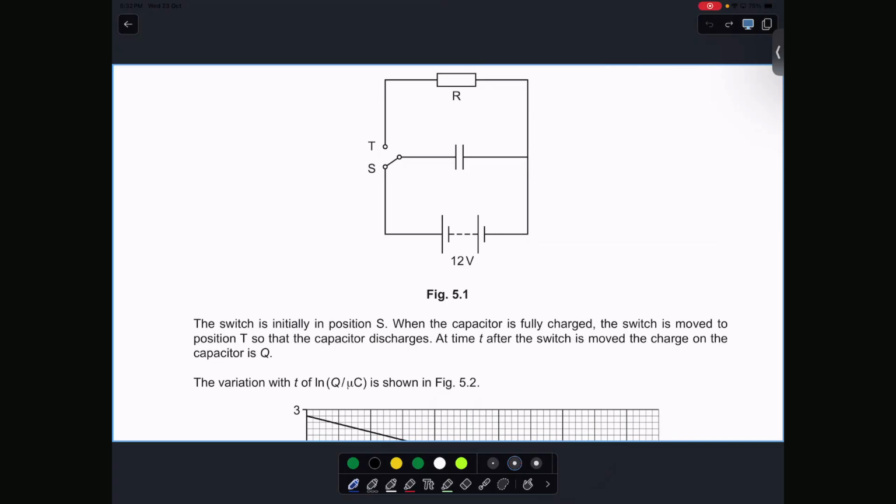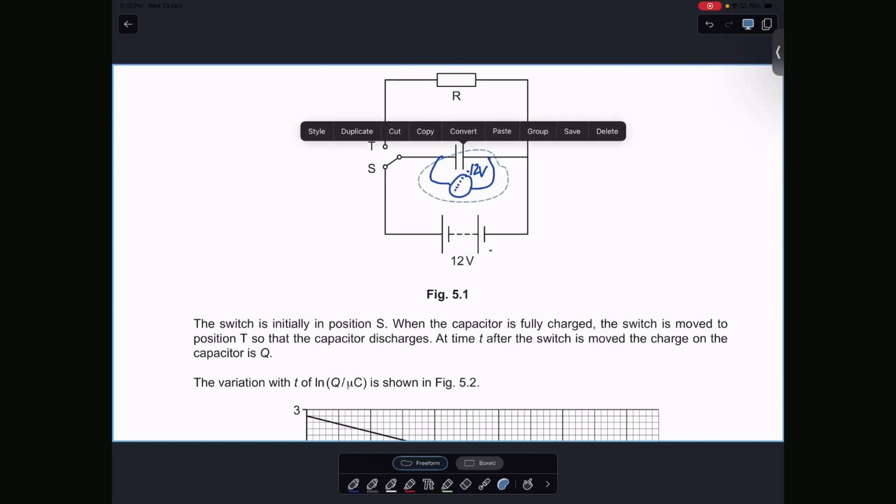Practically speaking, you have a capacitor that's charged. How do you know it's fully charged? It doesn't have a percentage on it or anything. The potential difference would be close to zero. Or you could just say that the battery's voltage would be the same as the voltage of the capacitor. So we take our voltmeter and connect it here, and this is 12 volts. This will keep going up, and when it becomes 12 volts, you know it's fully charged.